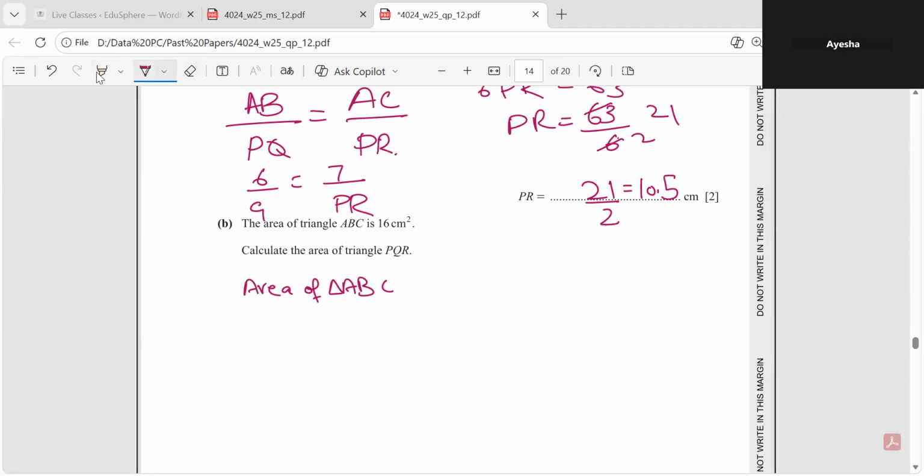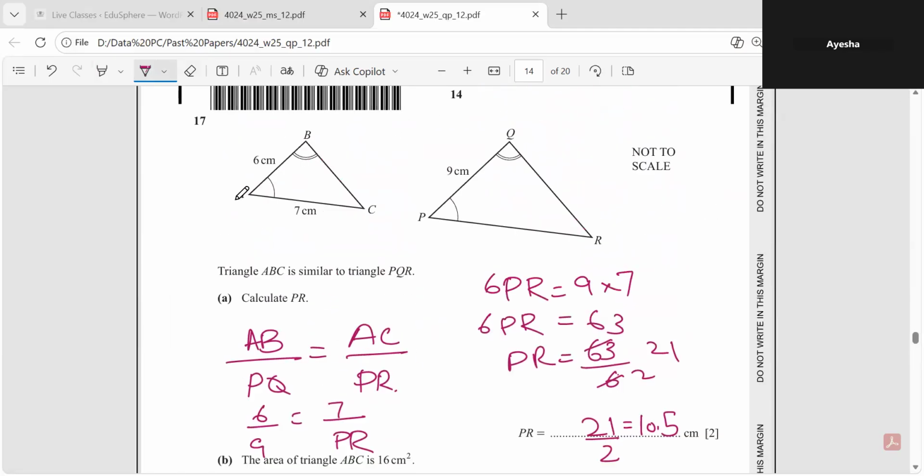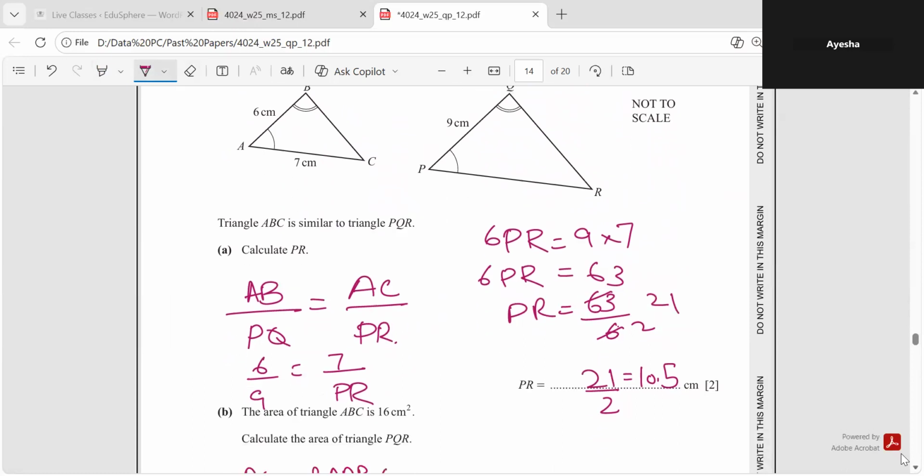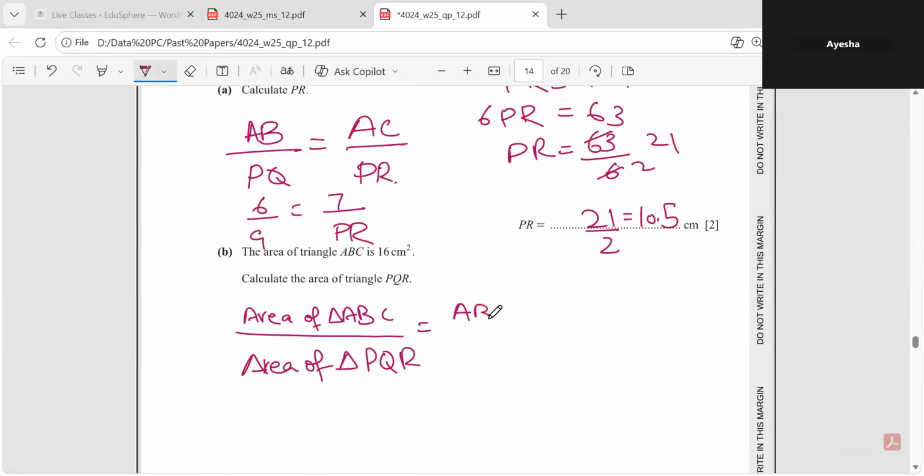is equal over area of the triangle PQR, which should be equals to the corresponding sides we can say. So we can take any corresponding side. So it's given already 6 and 9. So I'm going to take AB and PQ. So AB square over PQ square. So area of the triangle ABC is given 16. This is not given. So I'm writing triangle PQR area, which is equals to AB is given 6 square over